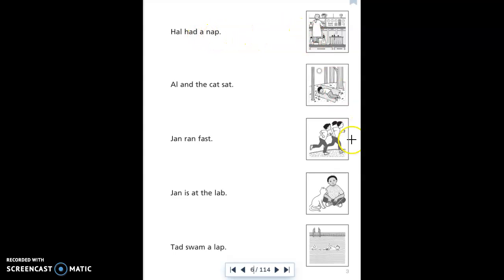Which picture shows Hal having a nap? Well, there's Hal, our friend who likes to sleep in the woods. Who knows where his mom and dad are? But there's Hal, asleep in the woods. Poor kid, he needs a blanket over him. I hope it's warm. Okay, our next sentence,